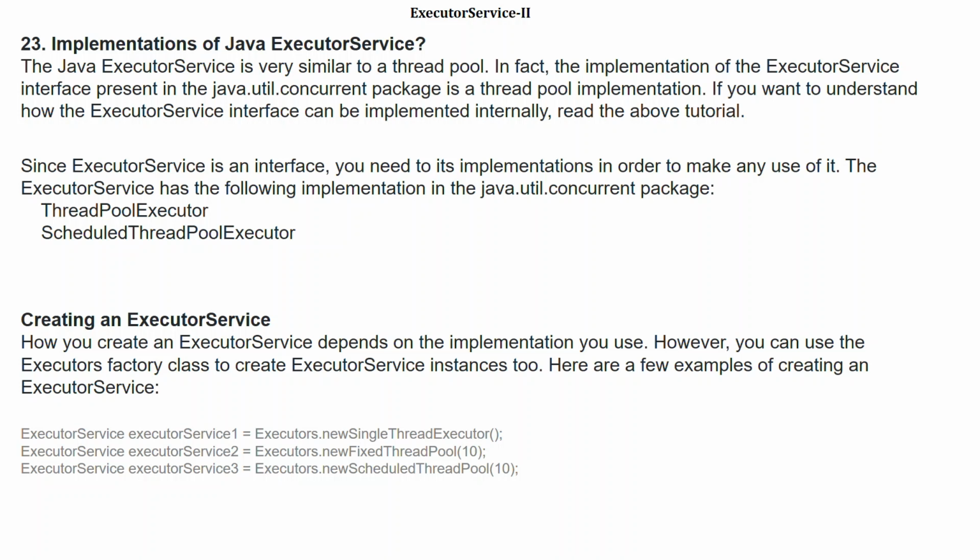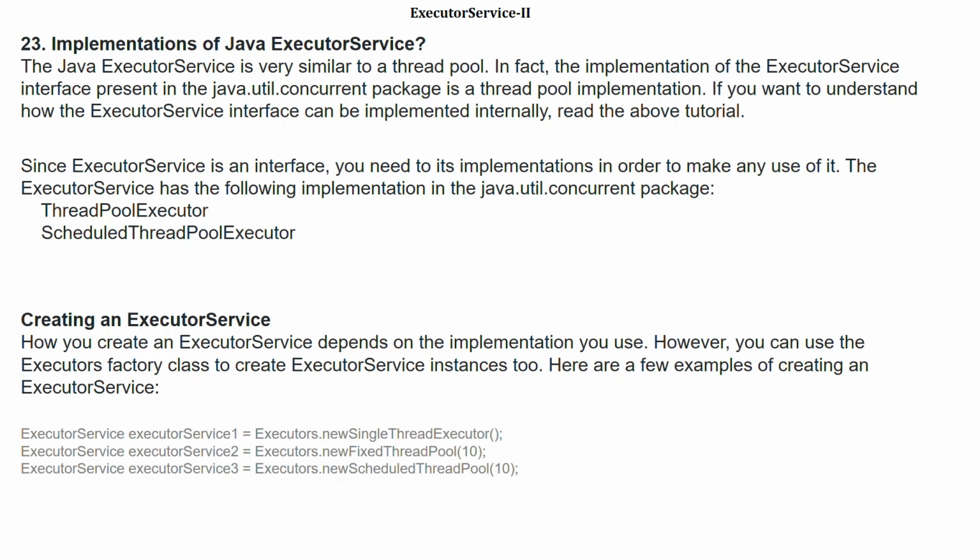If you want to understand how the ExecutorService interface can be implemented internally, read the above tutorial. Since ExecutorService is an interface, you need to use its implementations in order to make any use of it. The ExecutorService has the following implementations in the java.util.concurrent package: ThreadPoolExecutor and ScheduledThreadPoolExecutor.